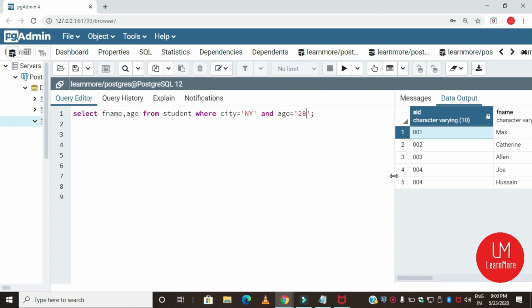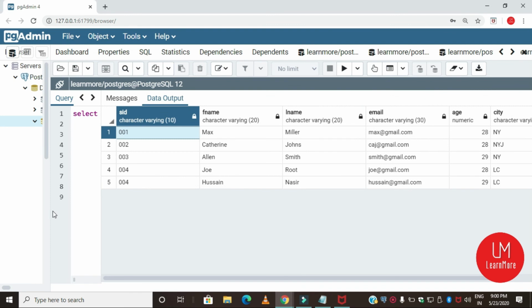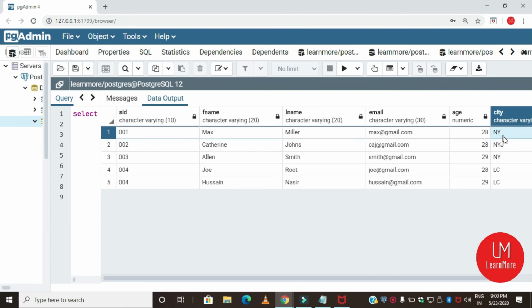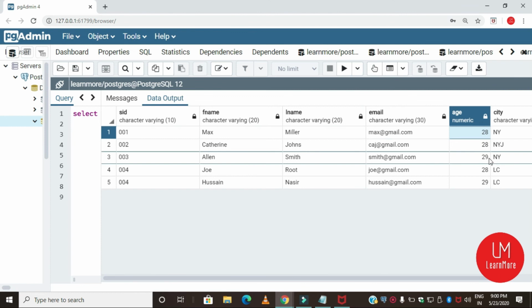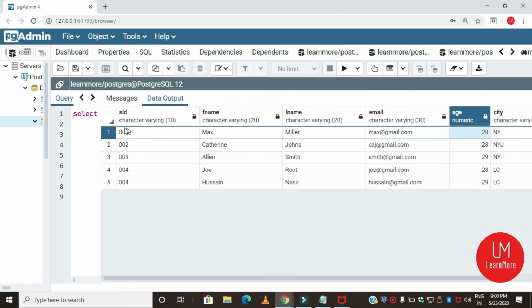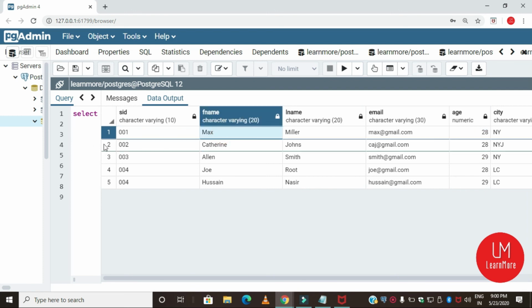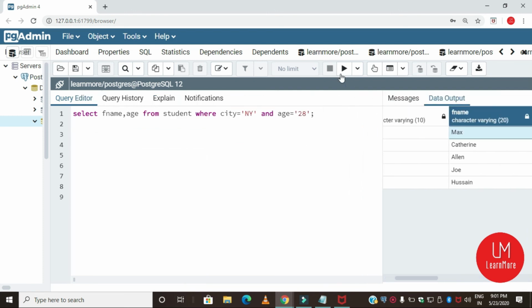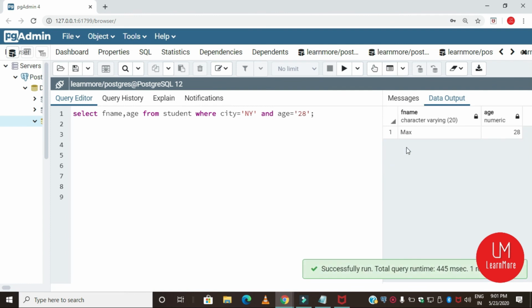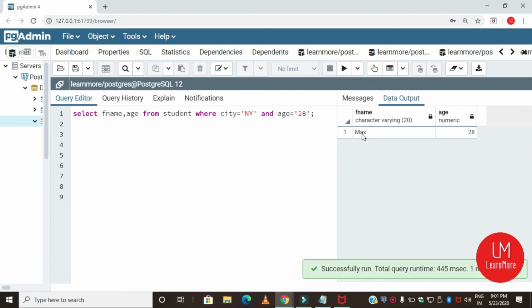Actually we are expecting an answer. People who reside in New York City have 1 and 2 entries in this table, and one of the students' age is 28 and another one is 29. So we are expecting an answer of Max. Okay, let's run. See, we'll get the answer Max.